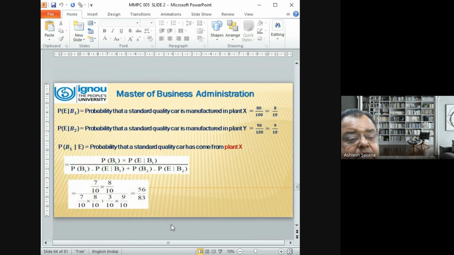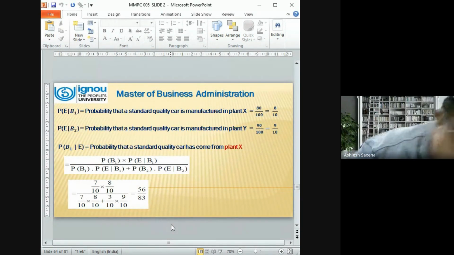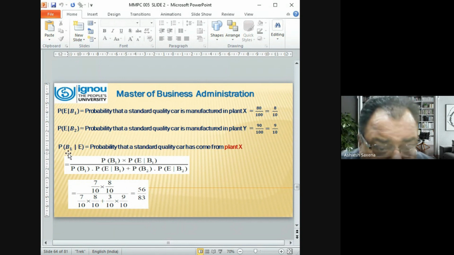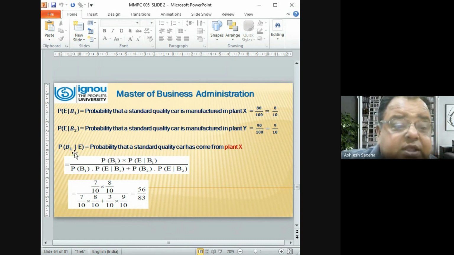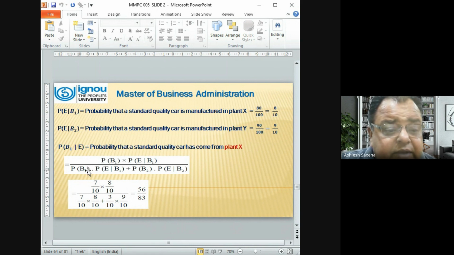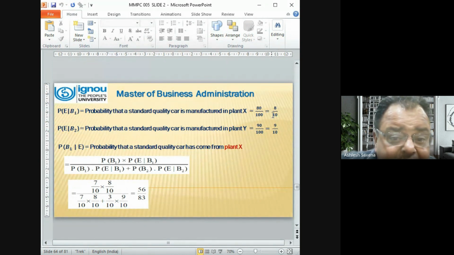अब P(E/B1) यानी कि स्टैंडर्ड कार जो प्लांट 1 से आई 80% थी, 80% का मतलब हो गया 8/10। स्टैंडर्ड कार जो प्लांट B2 से आई वो है 90%, 90/100 का मतलब हो गया 9/10। करेक्ट? ये डेटा तो आपको प्रॉब्लम में गिवन था। अब आपसे पूछा है कि आपको स्टैंडर्ड कार चाहिए और जो प्लांट X से आई, यानी कि इसको मैं चेंज करूंगा, इसको उल्टा कर दिया। उल्टा करने के बाद यहाँ देखिए, P(B1) into P(E/B1) upon P(B1) into P(E/B1) plus P(B2) into P(E/B2)। अब देखिए सारी वैल्यूज आपको गिवन है।